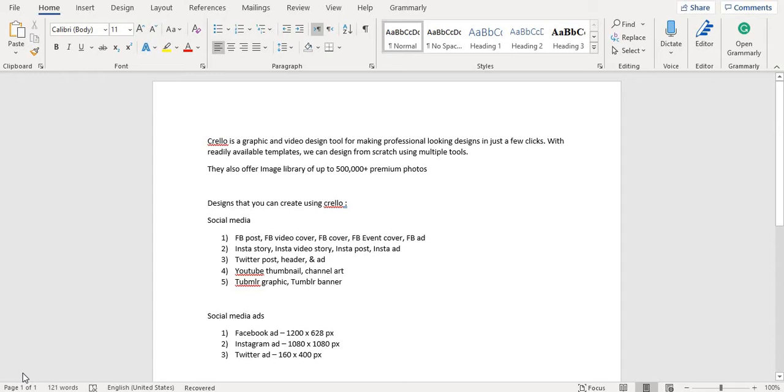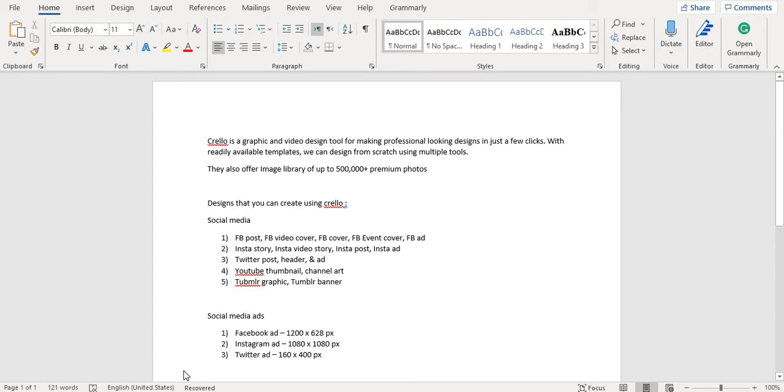So as you know that Canva has an alternate, and that's Crello, and it's an amazing graphic design and video design tool for making professional looking designs in just a few clicks. By using this tool, not only do we get design, but we also get up to 500,000 premium photos, which is in the pro version of Crello.